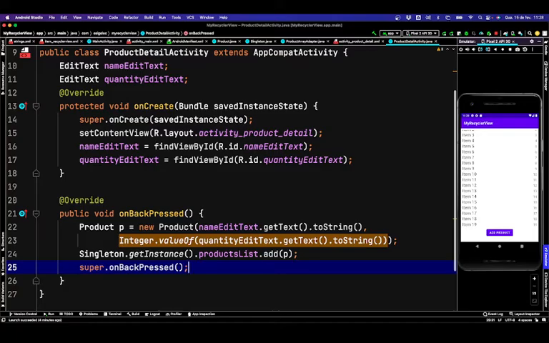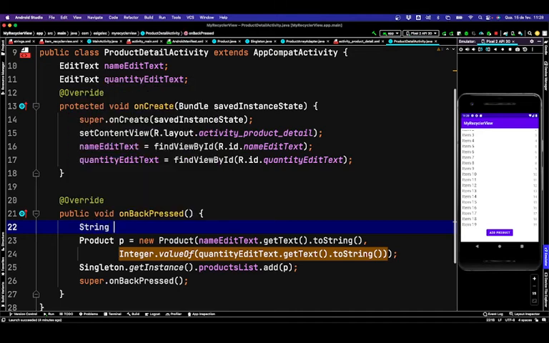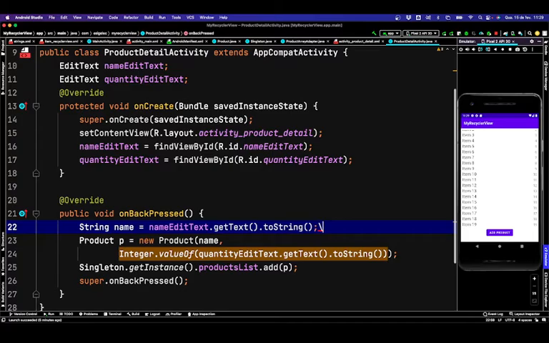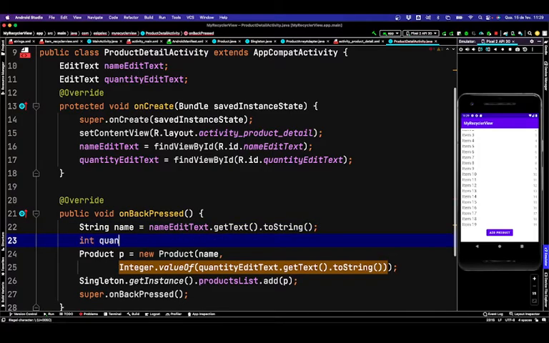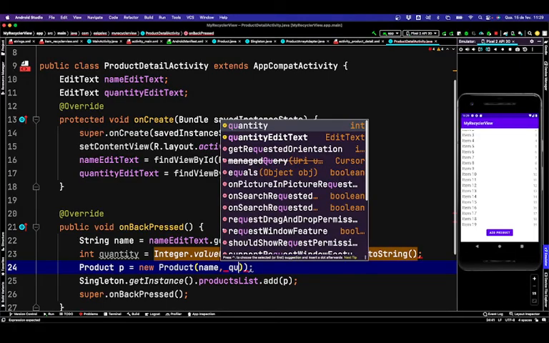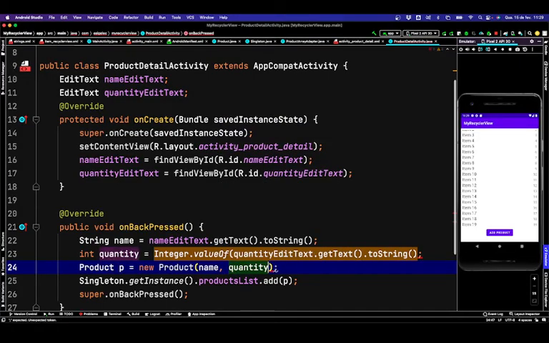To facilitate, we can do it like this. Get them and then pass them to